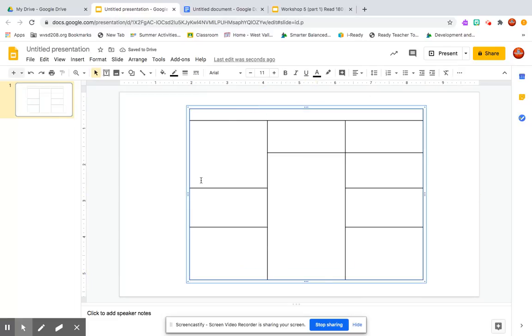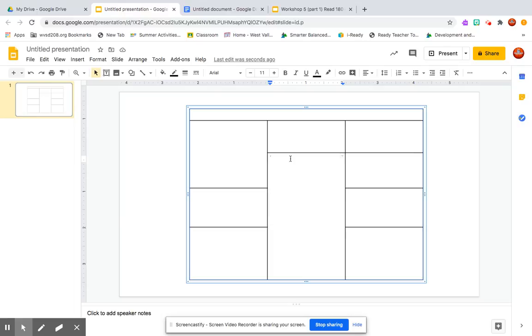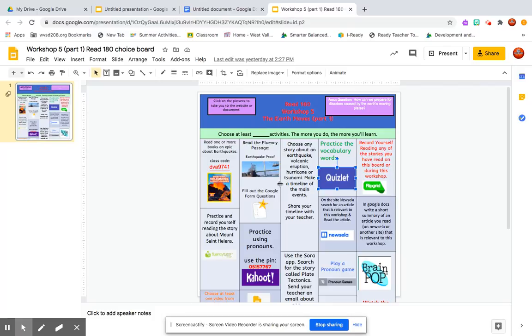And from here, if you decide you're not happy with the size of your cells, you can highlight them, go to Format, Table, and you could merge them if you wanted to. You could make your background all the same color. You can make it different colors. You can see here a few different